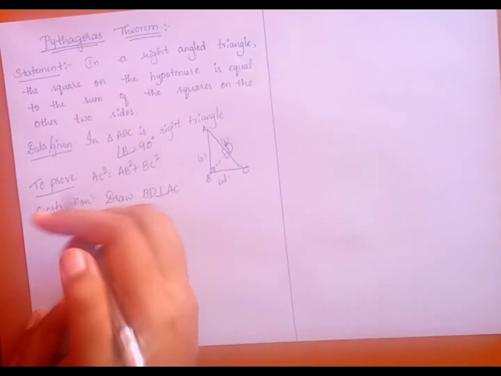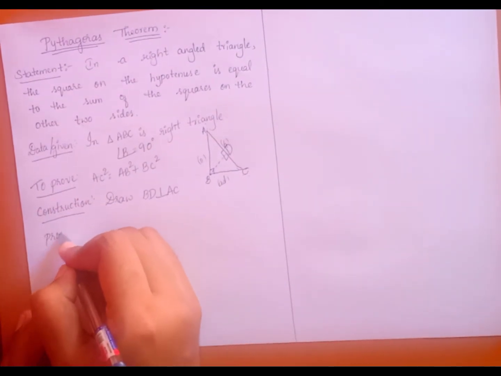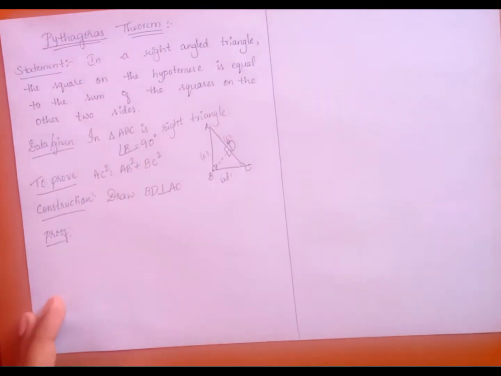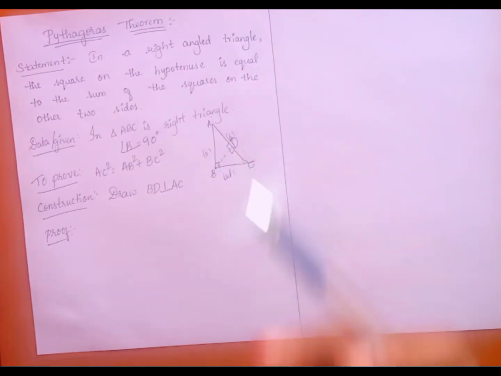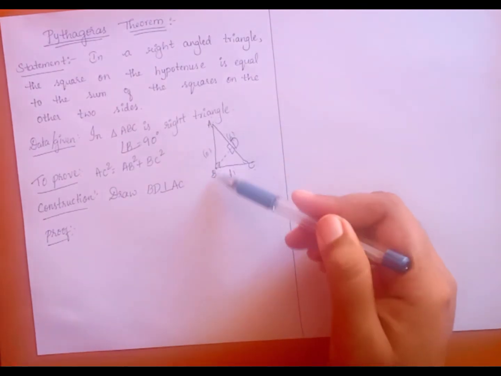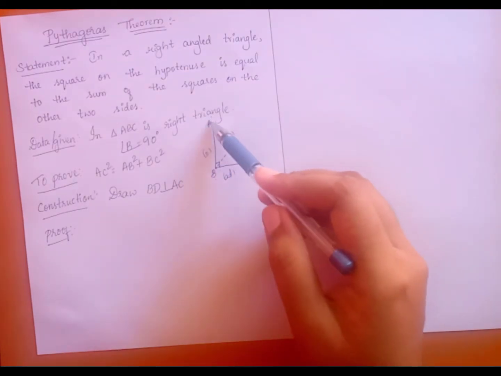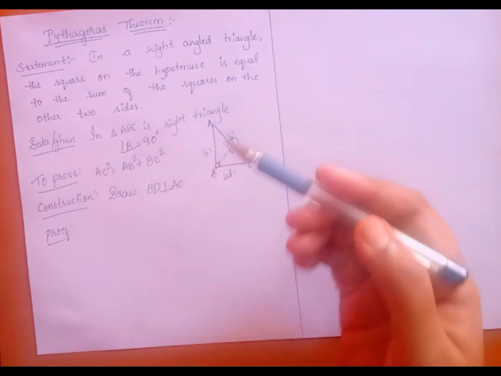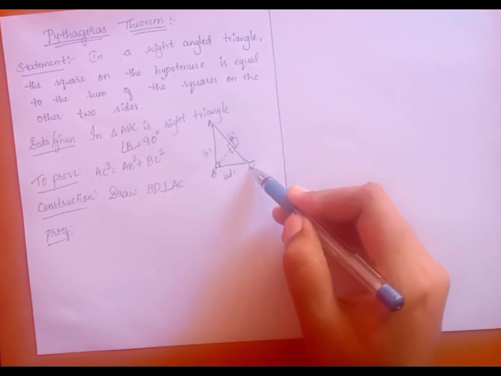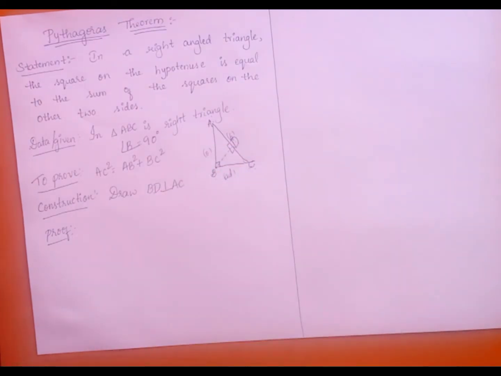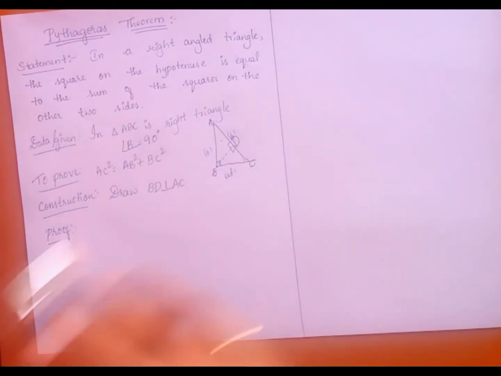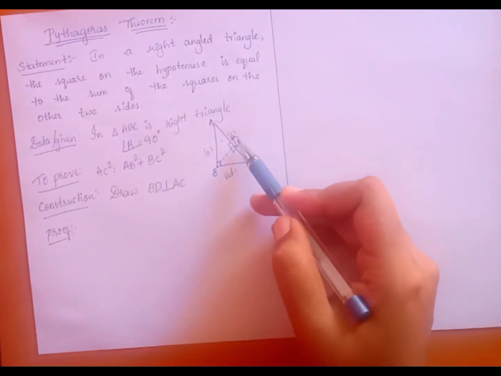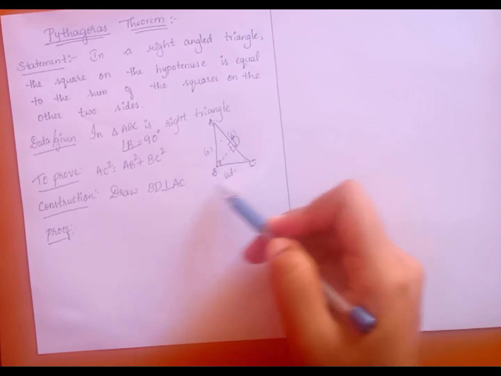So after this we need to do the proof. Before doing the proof, before we had only one triangle, that is ABC, but now we have three triangles in total. One is ABC, that's the full triangle, another one is ABD and another one is BDC. So totally three triangles we have. So first we will take this triangle ABD with the full triangle. Next we will take BDC with the full triangle.